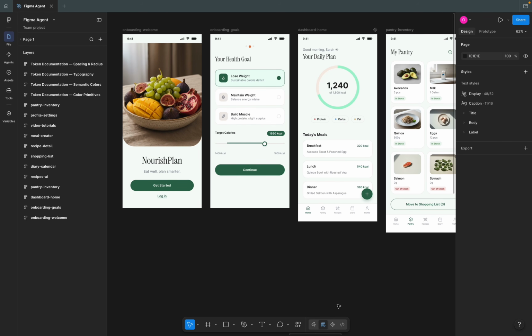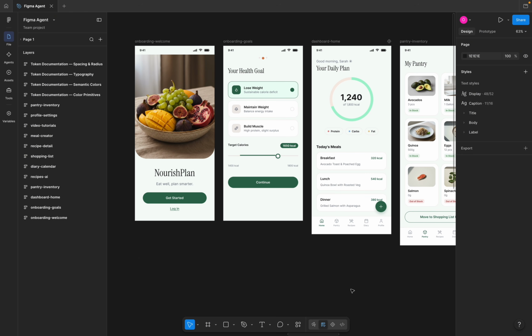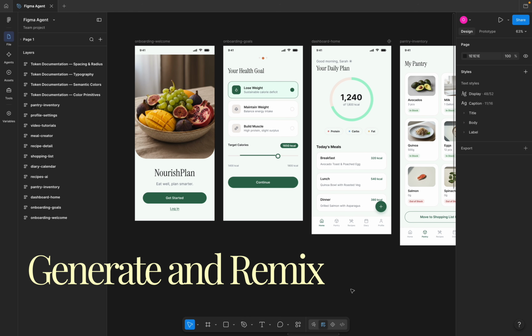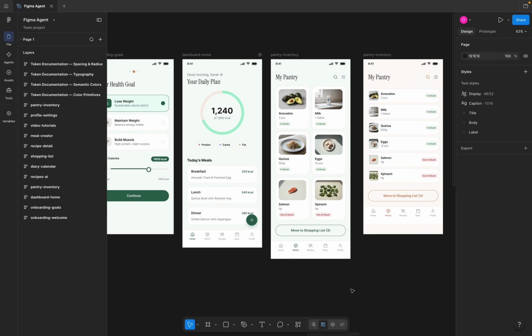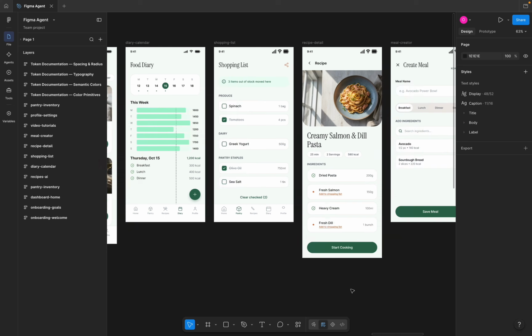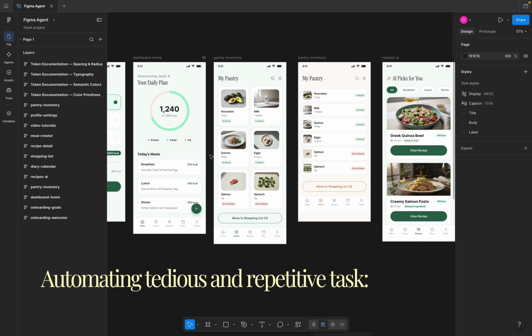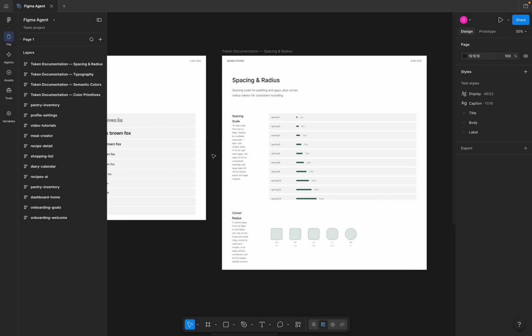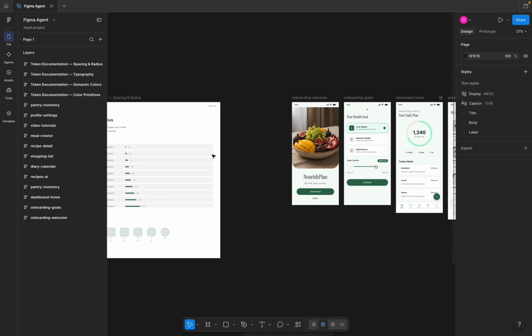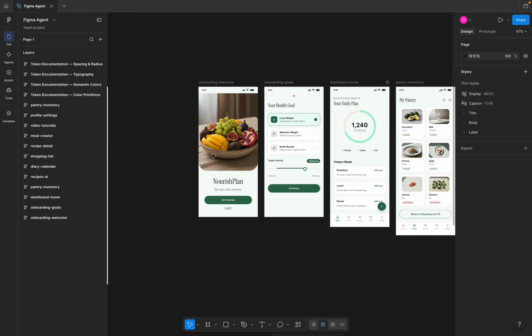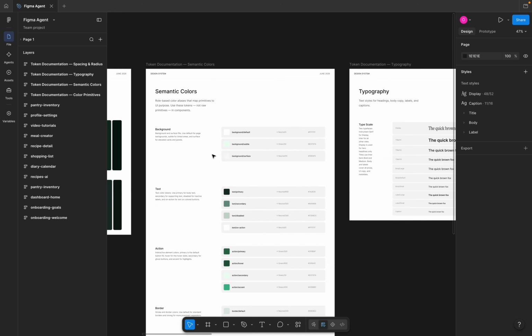Hey guys, today we are going to explore three major things in Figma Agent. Number one is generate and remix, and to understand this, we are going to generate a mobile app design from scratch. Number two is automating tedious and repetitive tasks. Right here you can see we were able to extract our styles. You can use the Figma Agent to create brand styles, brand visuals, and also be able to document your design